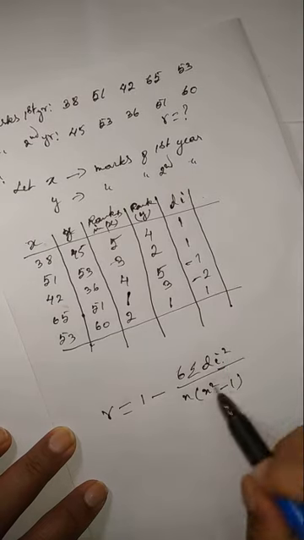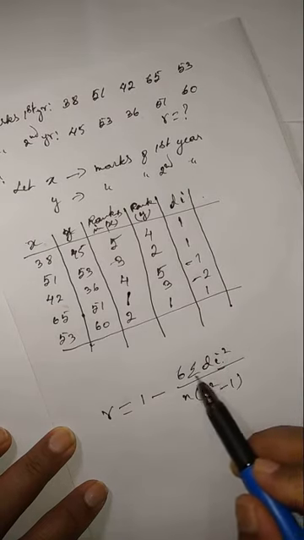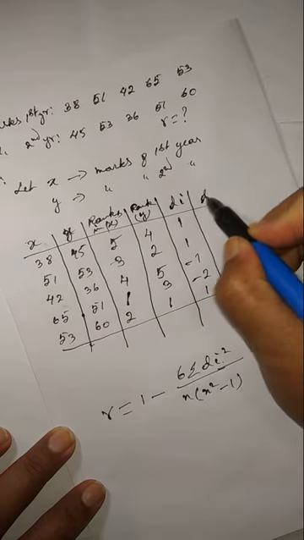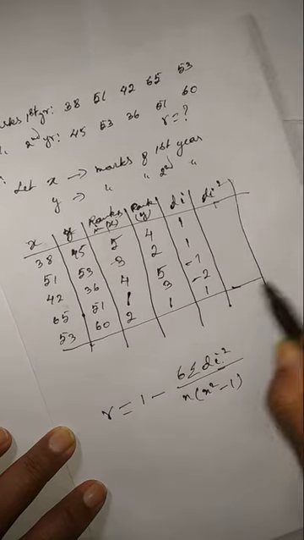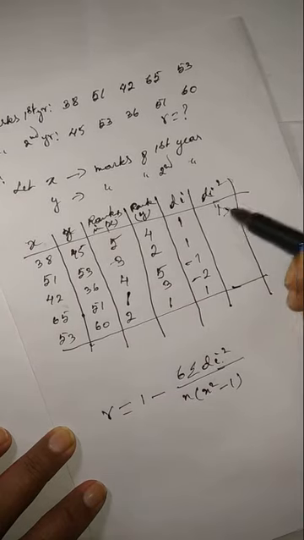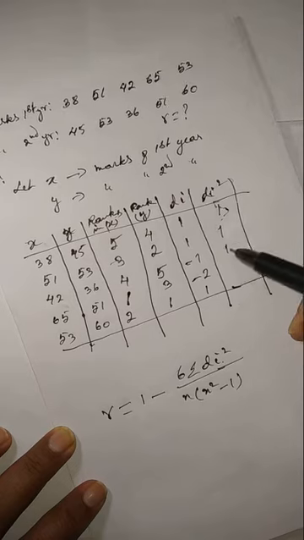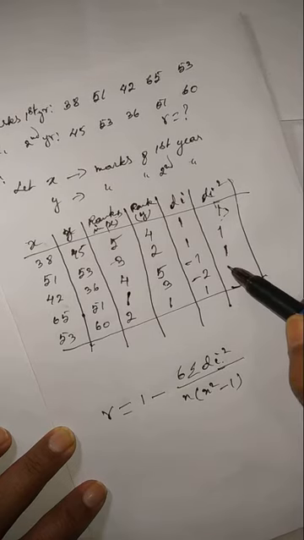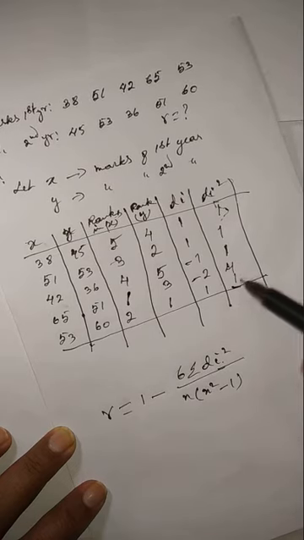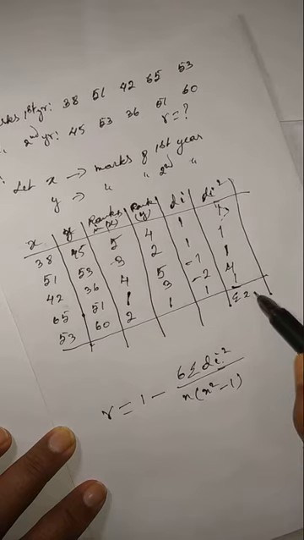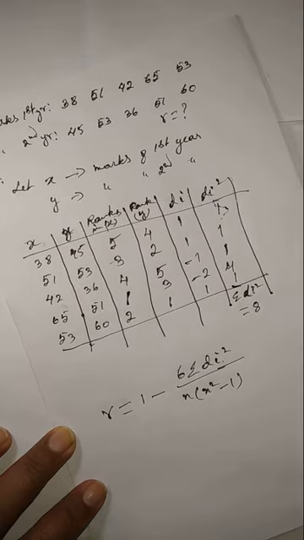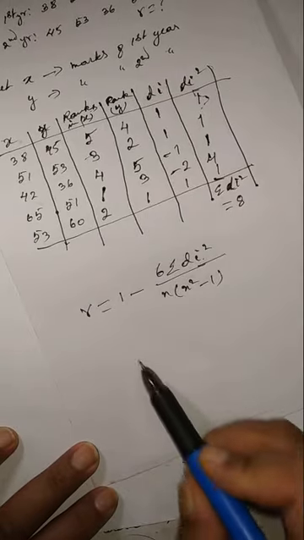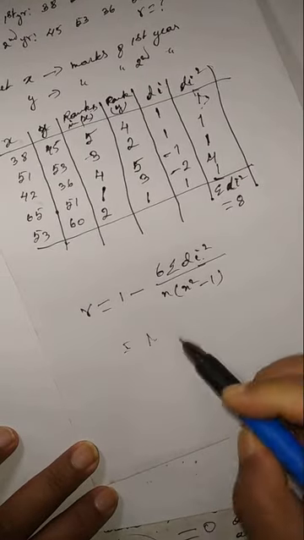Now what the formula needs is the total sum of di square, so we have to square di. 1 squared is 1, 1 squared is 1, and a negative multiplied by a negative becomes positive. Now we take the total sum, which is equal to 8. So now we can easily apply it in the formula, which is equal to 1